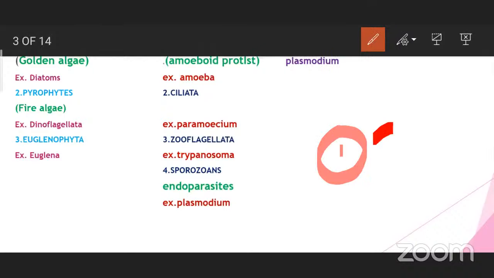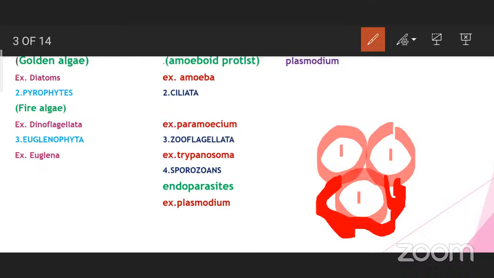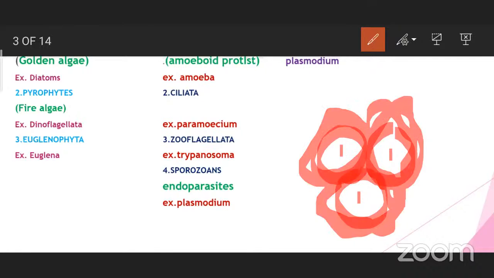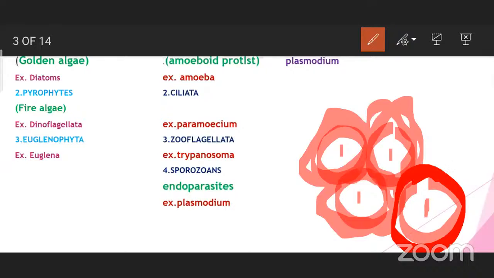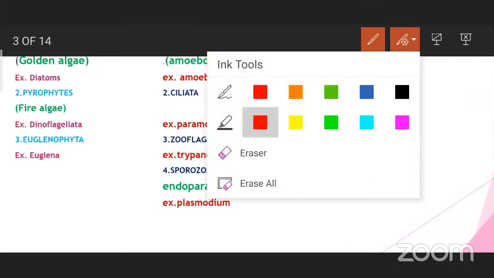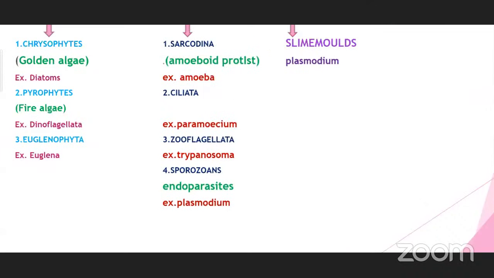You know, all these are unicellular eukaryotes, a group of cells. They will be having a mucilaginous sheath, a gelatin sheath, and they are going to form a huge big mass, and this mass of cells is called Plasmodium. Okay, but it is not an organism. It is a group or aggregate of all these unicellular cells that is called Plasmodium in the slime molds. So let us learn in detail one after other about these.